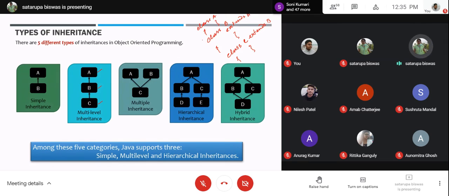In the same example, we already have class A, class B is extending class A, class D is extending class B, class C is extending class A, and class E is extending class C. If you write this, it will make a hierarchy in this way. So from one class, two subclasses are derived.